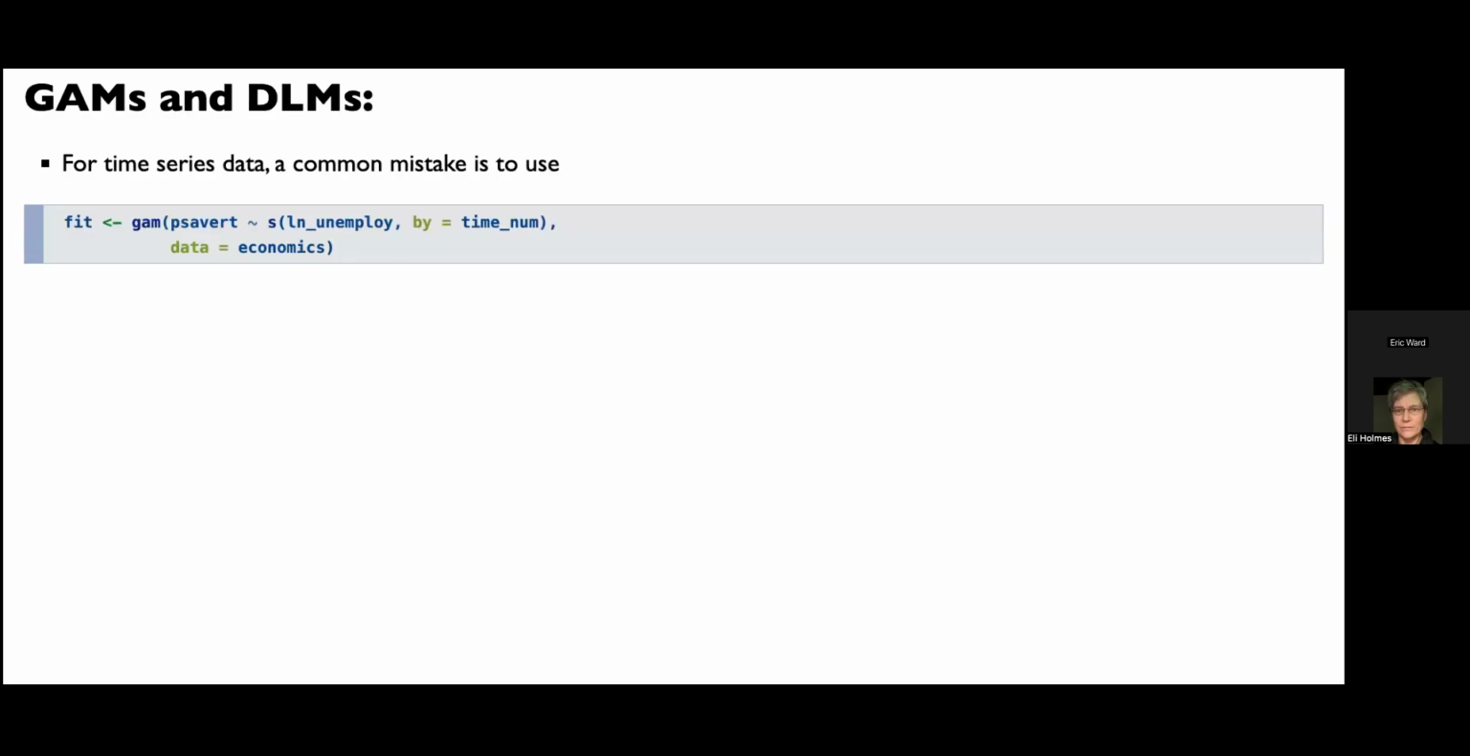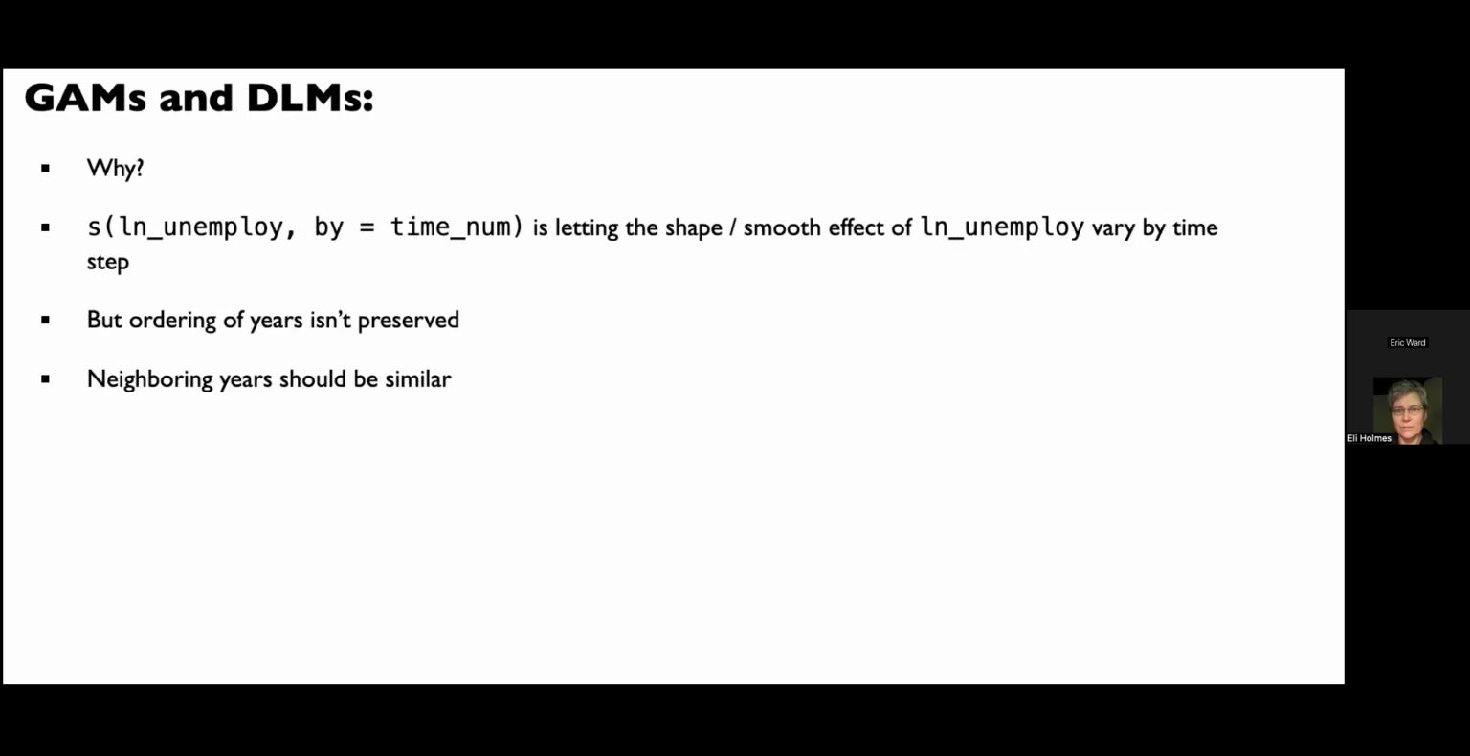So let's do this now with our time series of savings rate and unemployment. The way that we're going to set this up is we're going to model savings rate as a function of unemployment, a smooth function of unemployment. And just as a first pass, we're going to be using time as the by argument. So what is this doing? This is letting the shape of the smooth of log unemployment vary by time,